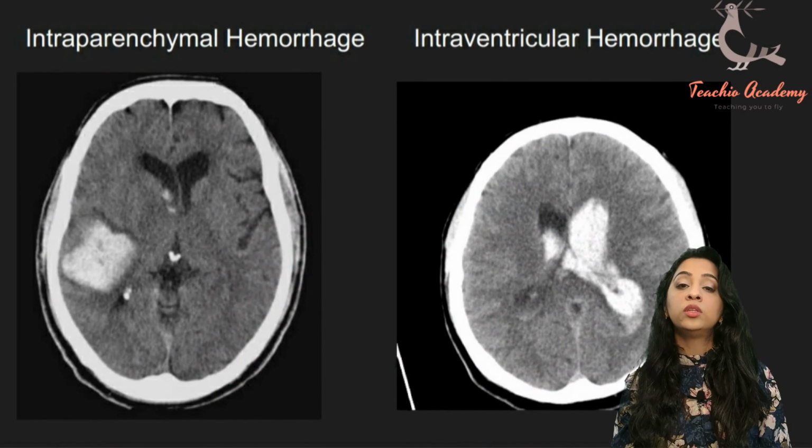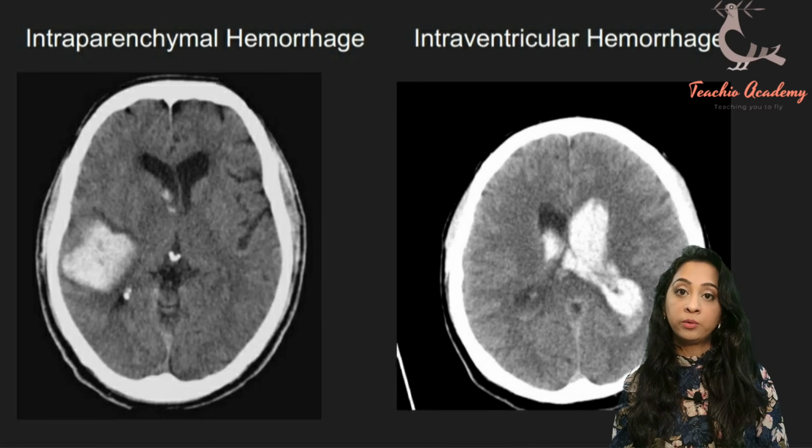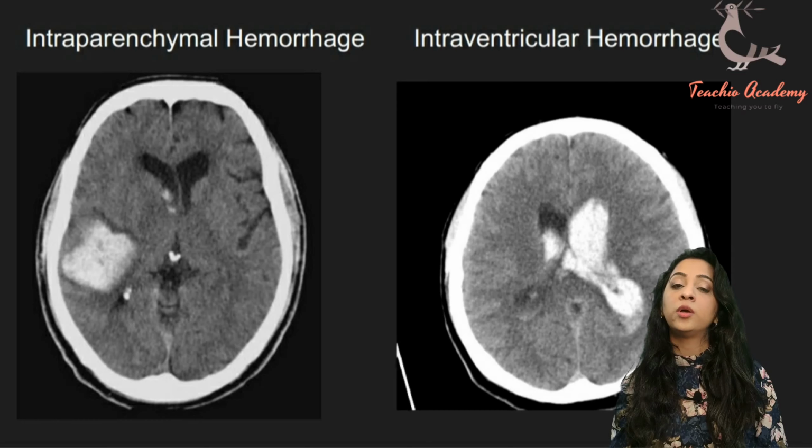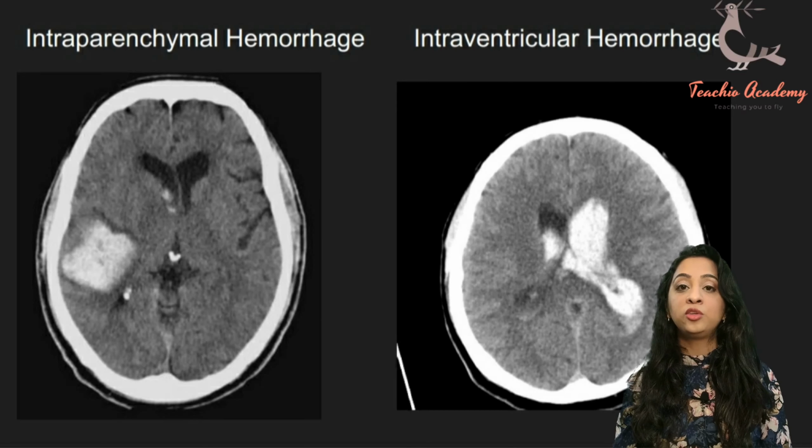Moving on to the other two types of bleed that we're going to discuss. There's going to be one special one, but these are the more benign or easier forms of bleed, which are a little bit easier to recognize, starting with your intraparenchymal bleed. Intraparenchymal means within the parenchyma, so it's basically just a bleed in the middle of the brain. Then we have the intraventricular hemorrhages, which is the bleed in the bean. The bean that we saw before is going to look white.